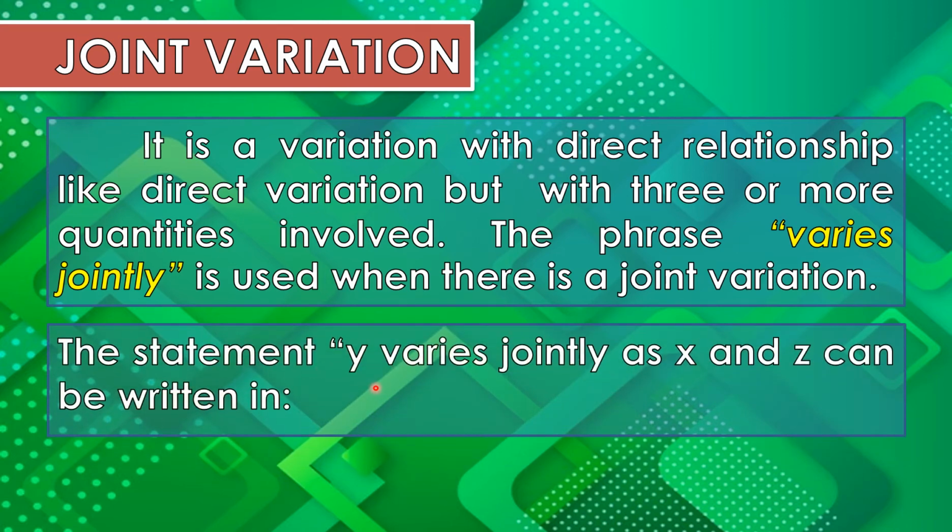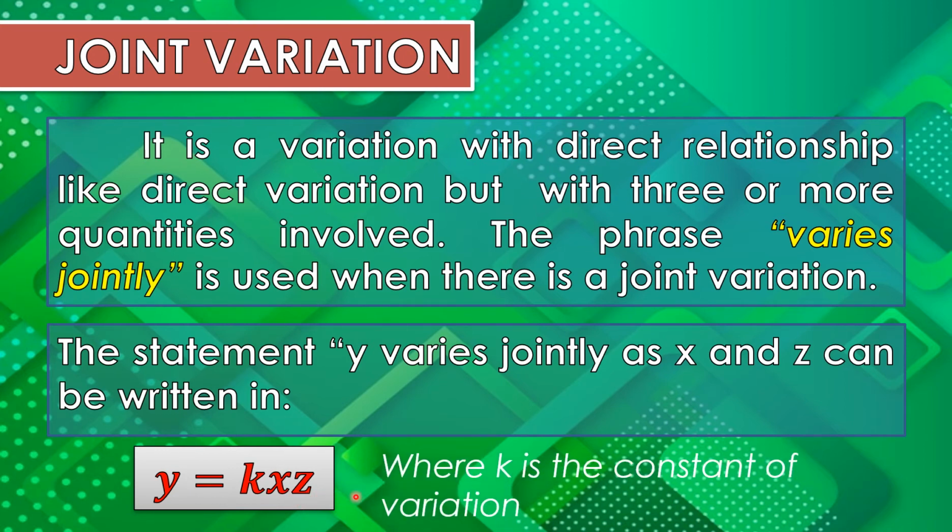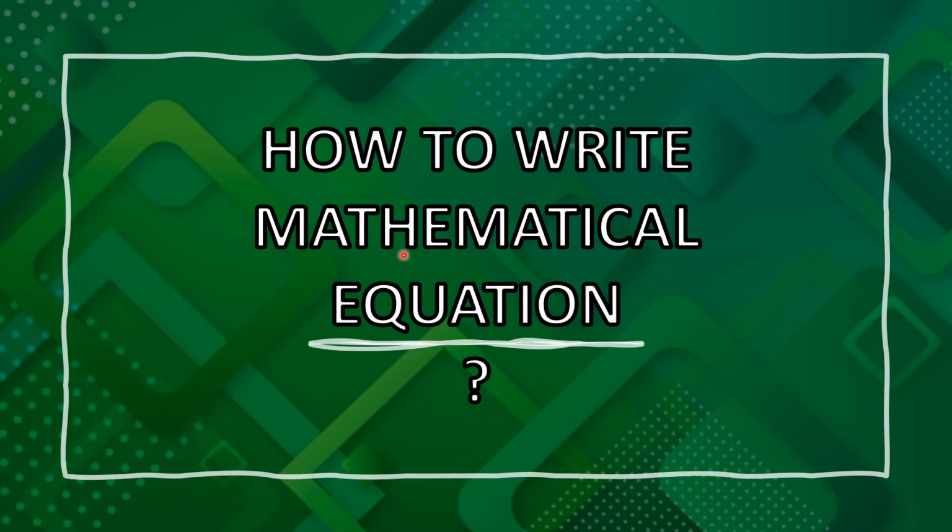Then the statement y varies jointly as x and z can be written as y equals kxz. Kung mapapansin niyo, we have 1, 2, 3 variables in which we have also the k. That is the constant of variation. 3 or more. Ibig sabihin, pwede pang madagdagan yung ating variables depende sa given statement. How to write a mathematical equation from a mathematical statement, ililipat natin sa mathematical equation. Katulad lang din siya nung